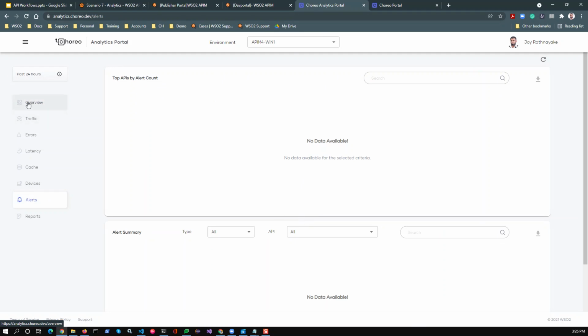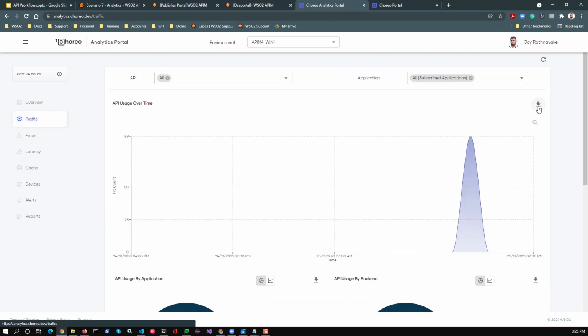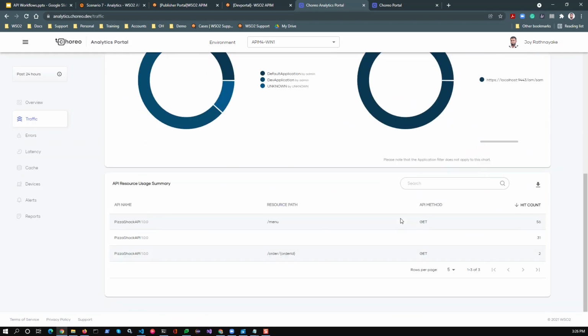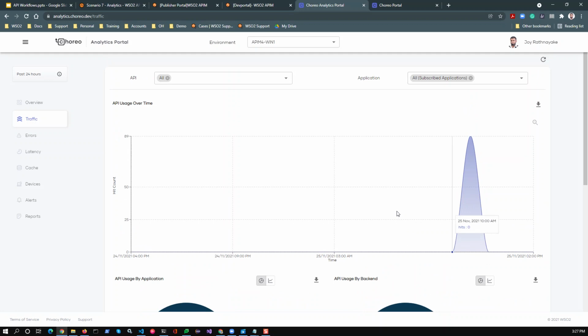And another important improvement here is that each and every widget provides an option to download this information as a PDF or CSV file, so you can share it with others depending on your requirement. So this is how API Manager 4.0 Analytics provides zero operational overhead for our customers, but provides better insights on top of the API and integration usage.